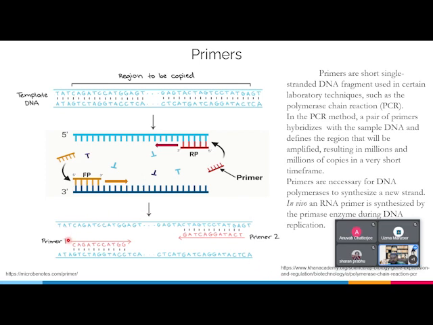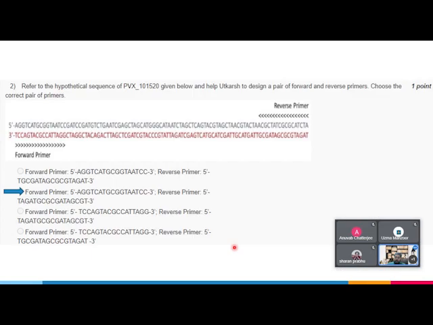So this is how the first primer will look, which will be exactly identical to the opposite strand, and this primer will be exactly opposite to the identical strand. And this will help you with the PCR process. So given the particular information, what we have to do is just find the complementary to this, which is the lower strand itself. So the reverse primer sequence will be TAGAT, and the forward primer sequence will be AGGTCAT, which is the second option, the correct one. One thing you have to keep in mind is that